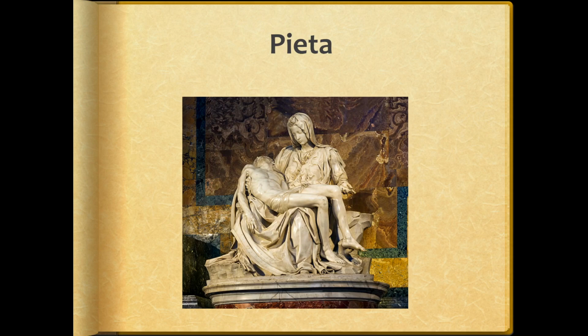The next one is the Pieta. I think I'm saying that right, I could be wrong. This is a sculpture done by none other than Michelangelo. It depicts the Blessed Mother Mary holding Jesus after he got taken down from the cross. You can see the nail holes in his hand. Again, it just shows the skill and talent of Michelangelo. He could do sculptures, he could do paintings, and this is arguably one of the most famous statues and sculptures in Vatican City. Really beautiful.